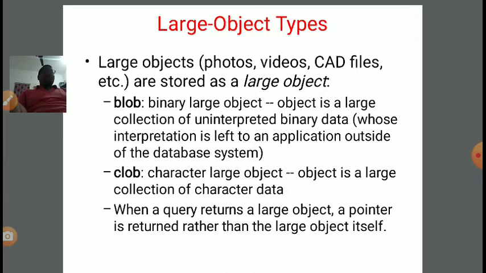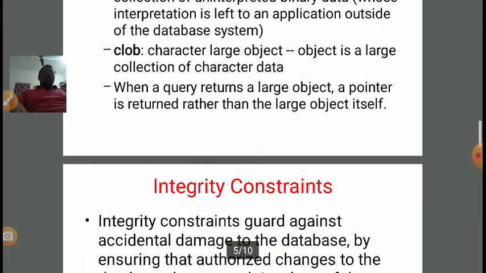Whenever we are saying that a query is returning a large object, it means a pointer is returned rather than the large object itself. So we can say that the objects are dealt with through pointers. Okay, and whenever we say that a particular query is returning an object, it doesn't mean that the particular object is returned. They are returning the pointer to the object.